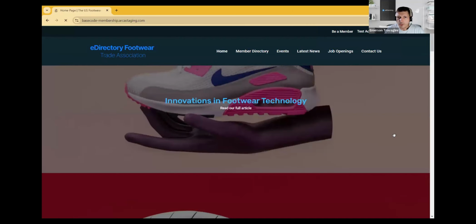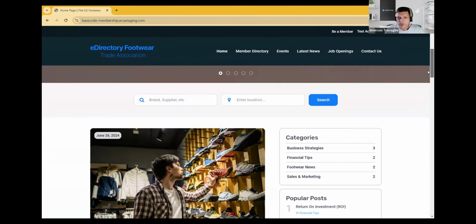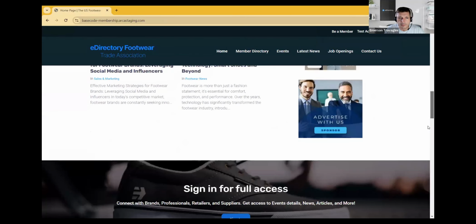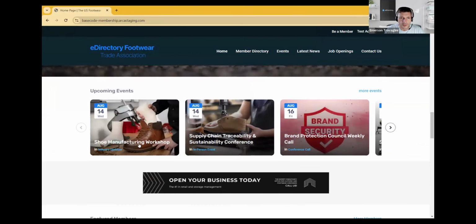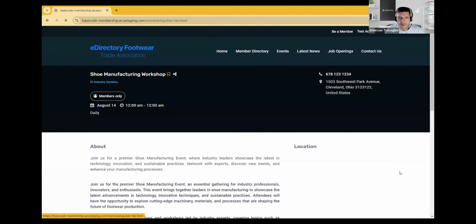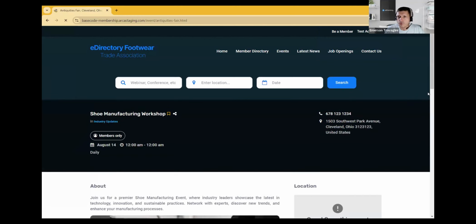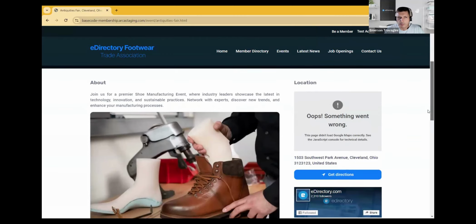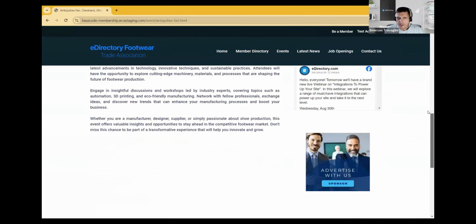Perfect. So now I'm logged in as a site visitor, a paying member. Let me go back to the same events. So now I have full access to the websites. I'm a paying member. I can see everything,